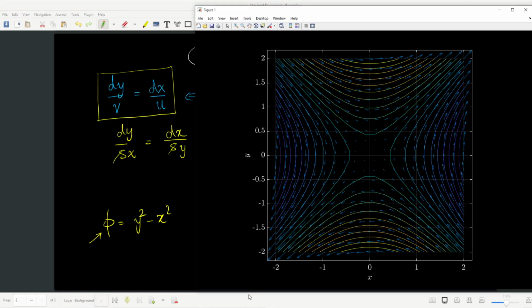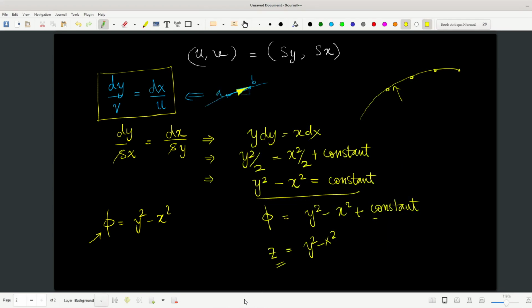So that means that it has colored it. This particular yellow contour has a certain value. This particular greenish looking contour has a certain value. This yellow contour has the same value as this contour. Now if I want to draw a certain value, I can tell the computer that I don't want all 20 contours, I just want the contour for a certain specific value.